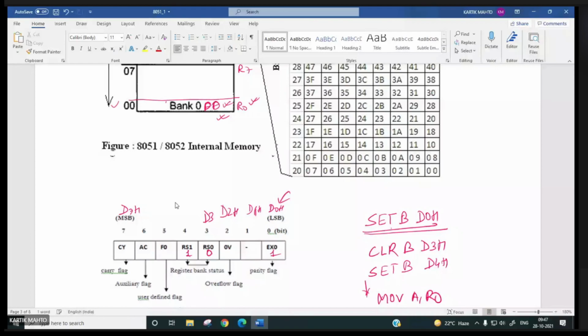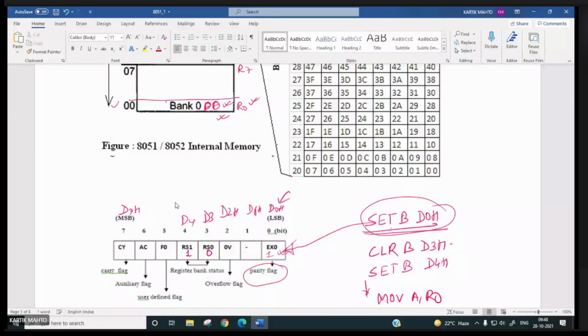Sir, why did you set D0H earlier? Now this one is the parity flag. I gave you the example by simply writing one instruction, you can set it to 1.